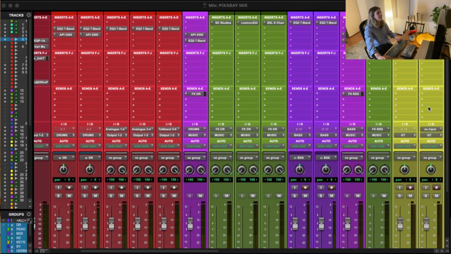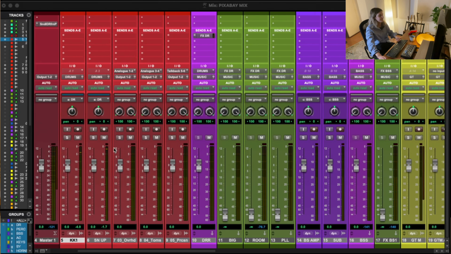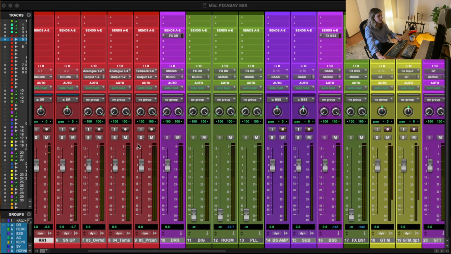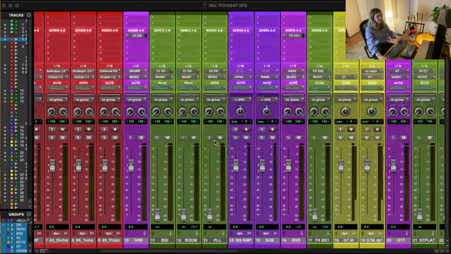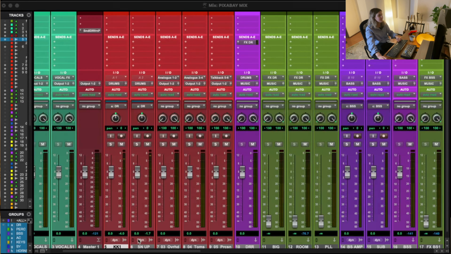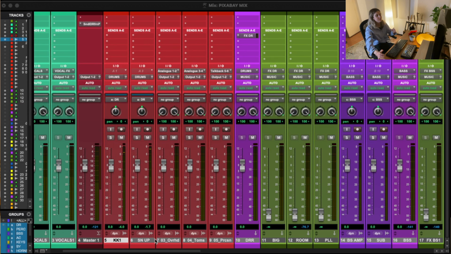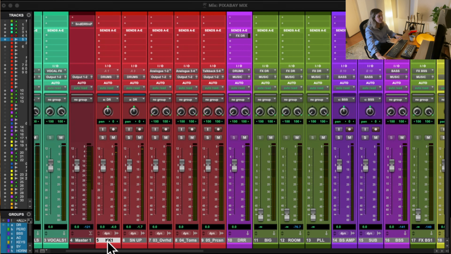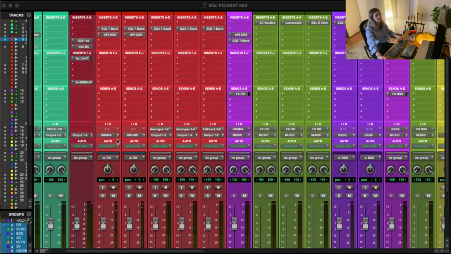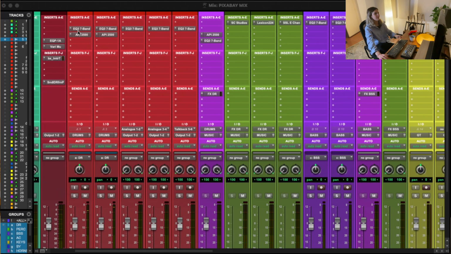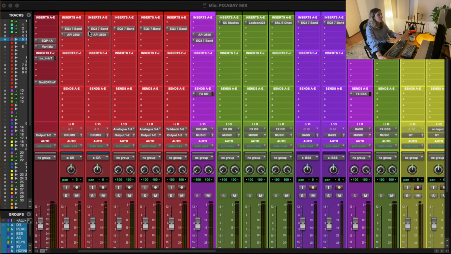Okay, let's get started. This is my mixing template. This is what I use to mix. This is my start for every project. So every group of tracks has its color. And every track is set up with a set of starting plugins that I always use and that are just ready to go so that I don't have to spend any time looking for the plugins that I know that